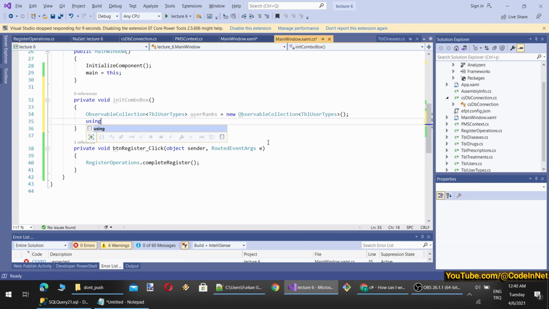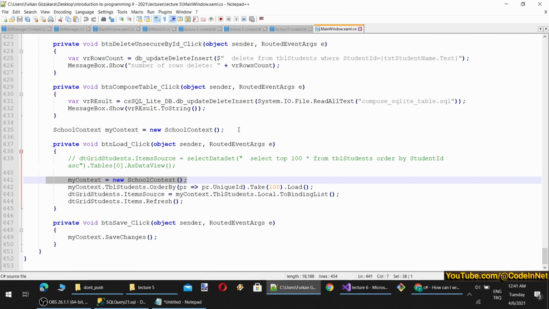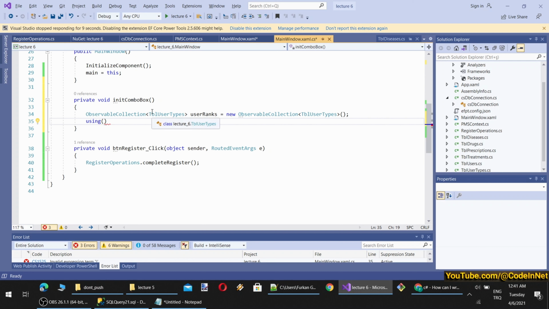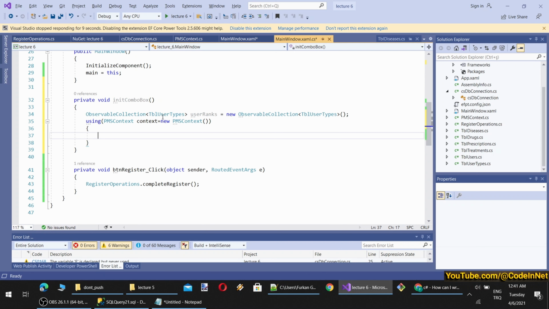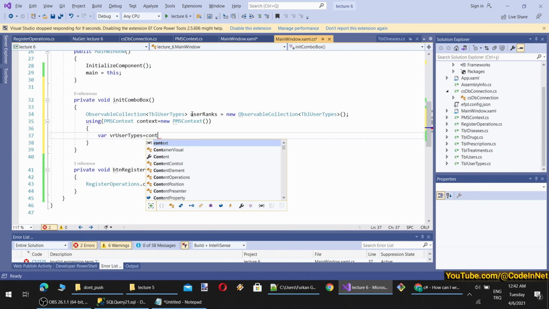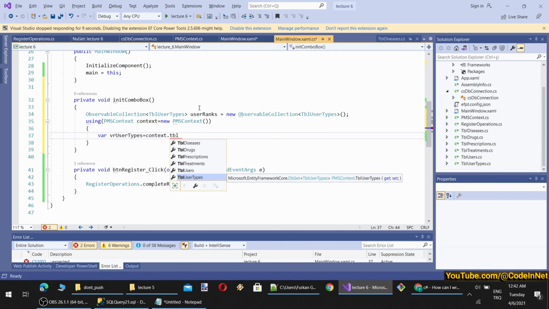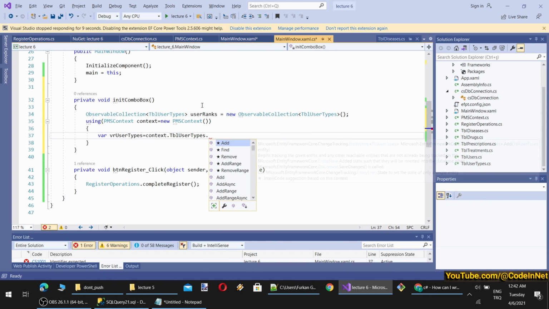So we will do using, so it will be a context. Okay, using context equal to new PMS context here. Then we are going to get user types, TBL user types. Let's say var records or VR user types equal to context dot tbl user types dot find or select.